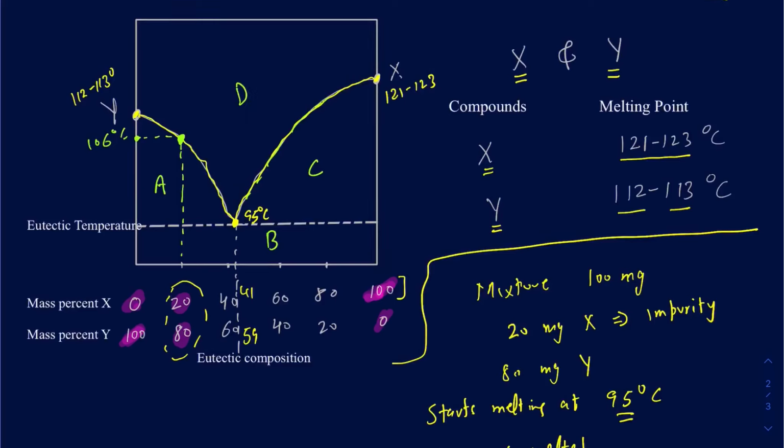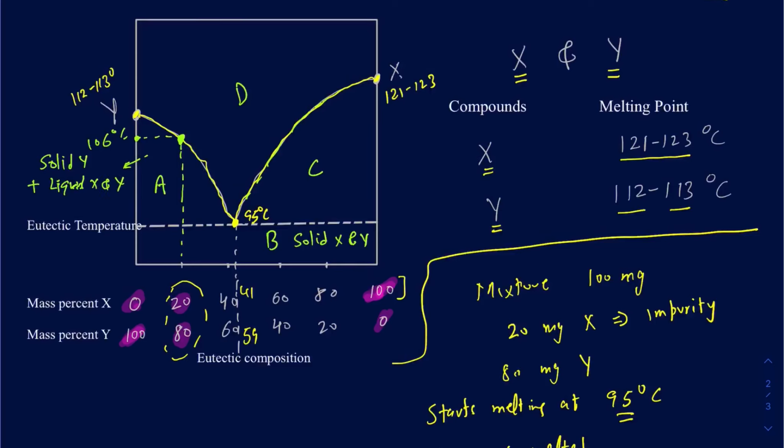So in section B, you're going to have both solid X and Y, or both of your compounds are going to be solid. As the temperature reaches the eutectic, that's when you're going to have something start melting. Now, when you're on side A, what's on side A? Well, we have Y as the main compound and X as the impurity. So you will have some solid. So on this side right there, you will have some solid Y plus you'll have some liquid